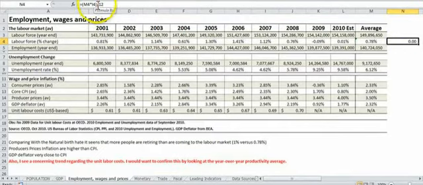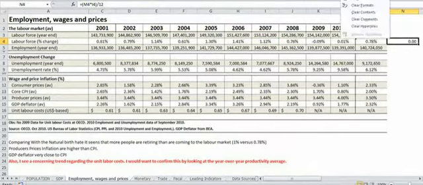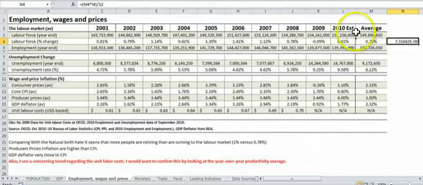Why did that work? Let me take out this formatting here, clear formats. And what I want to do is this. I'll start over. I'm going to take 1.12 and multiply it times the average here. That's about 140,000 jobs the United States has to create each month in order to keep the